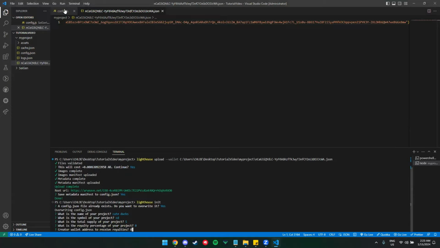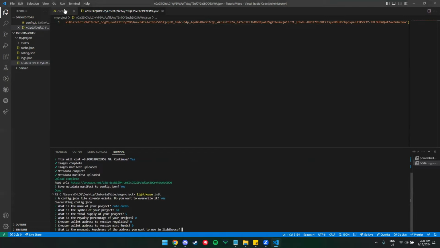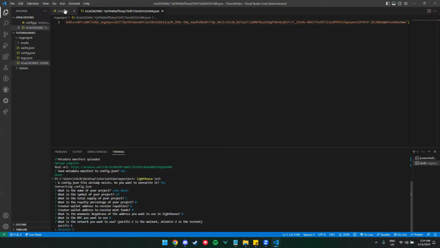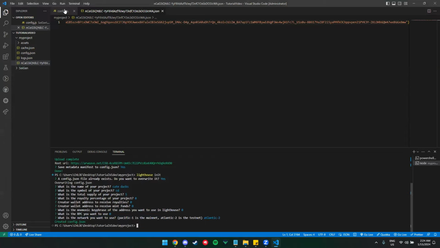Ignore this one because you can edit it after. Mnemonic key phrase is your Compass wallet private key. Okay, just ignore this one, and the RPC, we'll go back to that later, and then choose Atlantic 2.